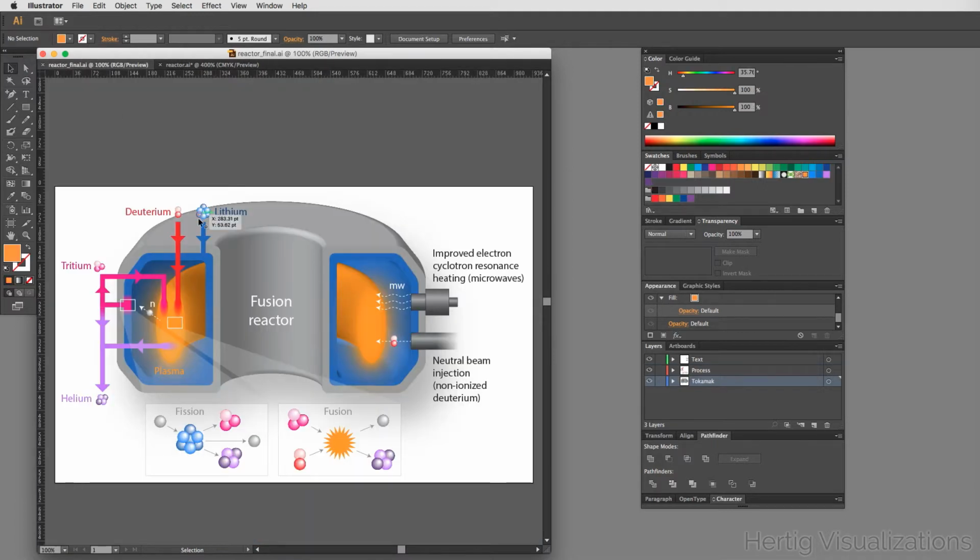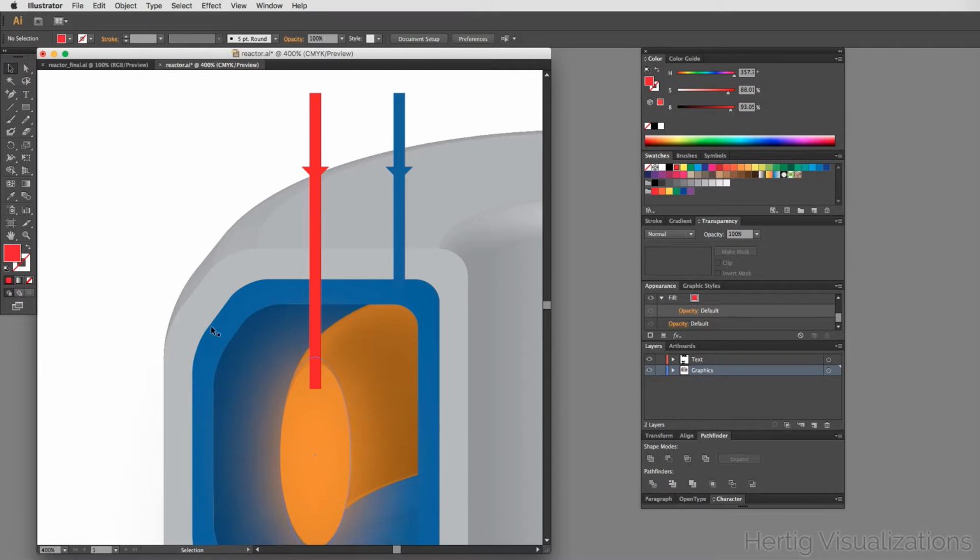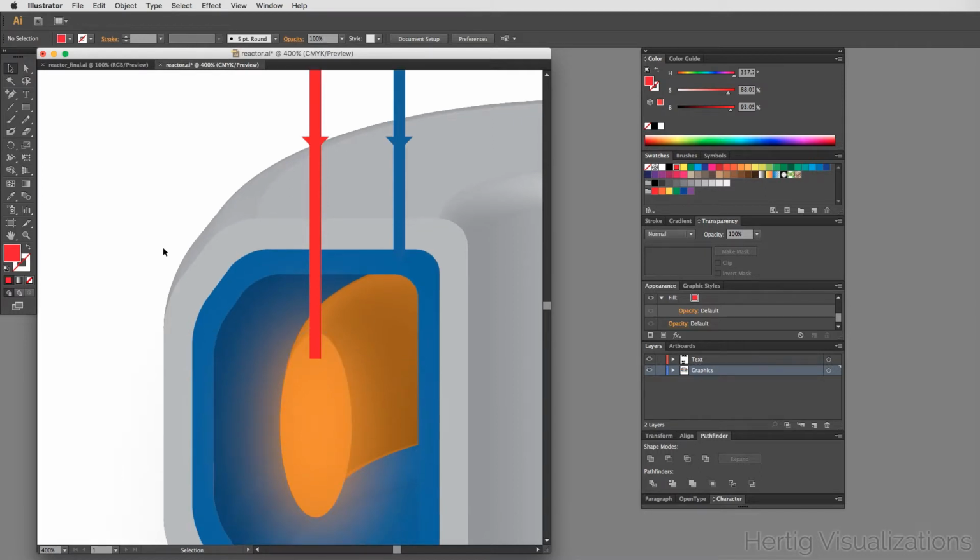And you also notice that I did this little blend thing here, such that the orange of the plasma and the actual deuterium, they sort of blend into each other. And again, I guess we could use a gradient for that. This time I used something called a blend shape, so I'm going to show you how I did that. I'm going to zoom in here,